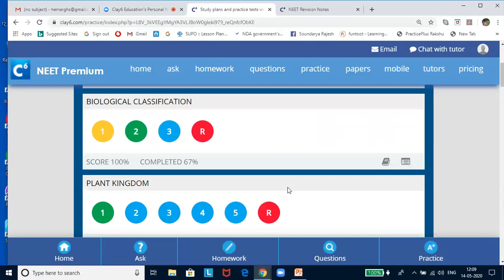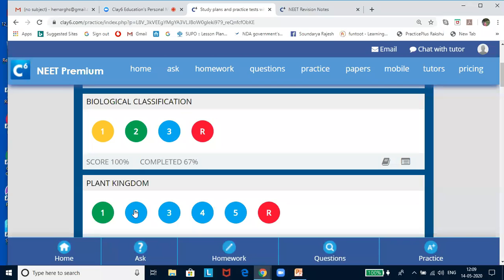Now you will see a lot of chapter-wise tests being created. These are created keeping in view the complexity of the textbook and also its importance in the NEET exam. Now let me explain what each bubble stands for here. The green bubble says that you have already completed the test, but you can reappear for the test again. You can retake the test. Suppose you have not scored very high marks, you would like to improve your score after learning the concepts, you can again visit here and take the test.